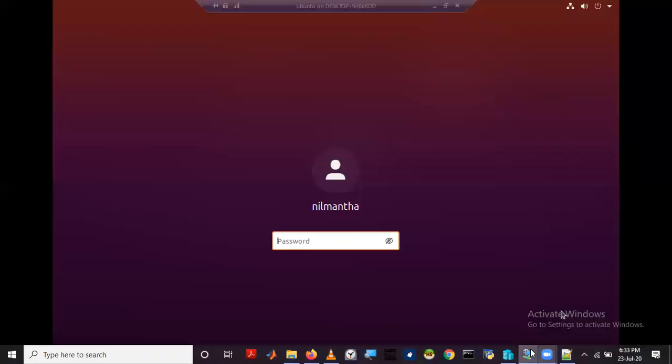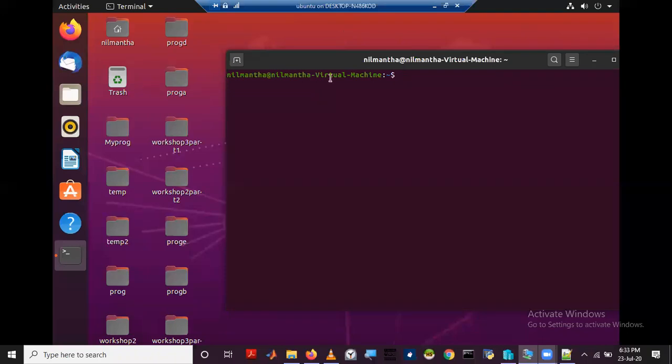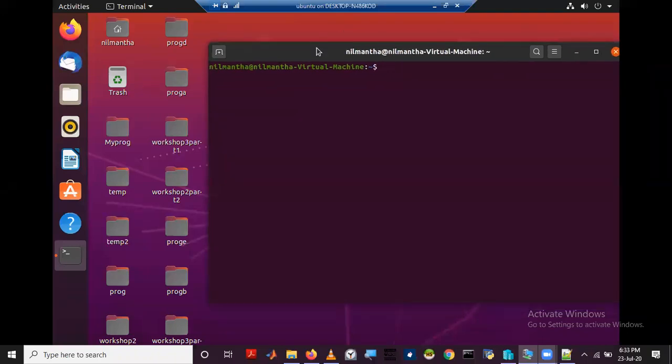So just go to Linux. I hope you can hear me and you can see the screen, okay? So just like previously, change the directory to desktop and copy the previous directory to a new directory known as workshop 3 part 4.